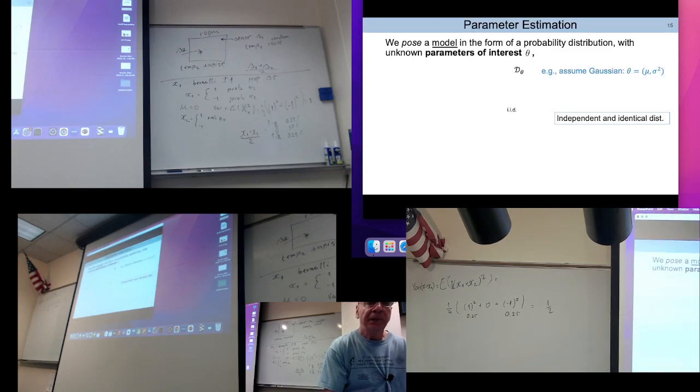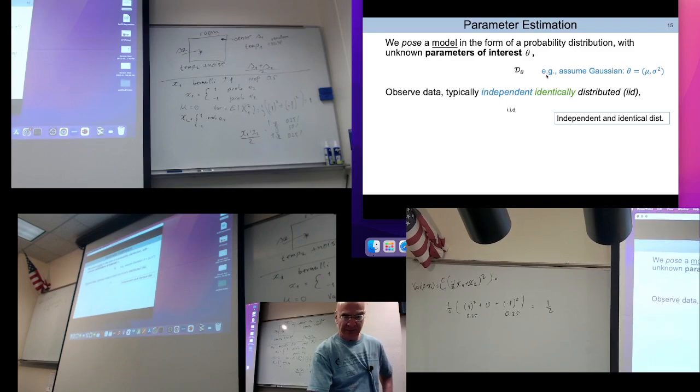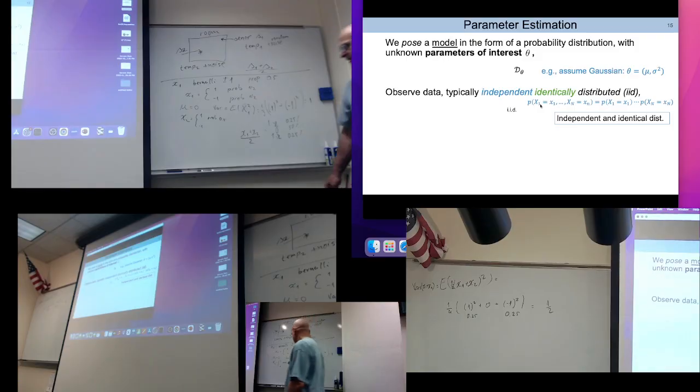Okay, so parameter estimation. What are we doing in parameter estimation? Big word in nowadays data science. We pose a model of the data, think that there is a model, and we ask how likely it is. First, if it is a model like Gaussian, like independent variables summed up as Gaussian, what are the parameters that dictate it? Let's estimate these parameters. Observe the data, typically, hopefully, independent and identically distributed, IID. We use this term a lot. And what is the probability, if they are independent, really, what's the probability